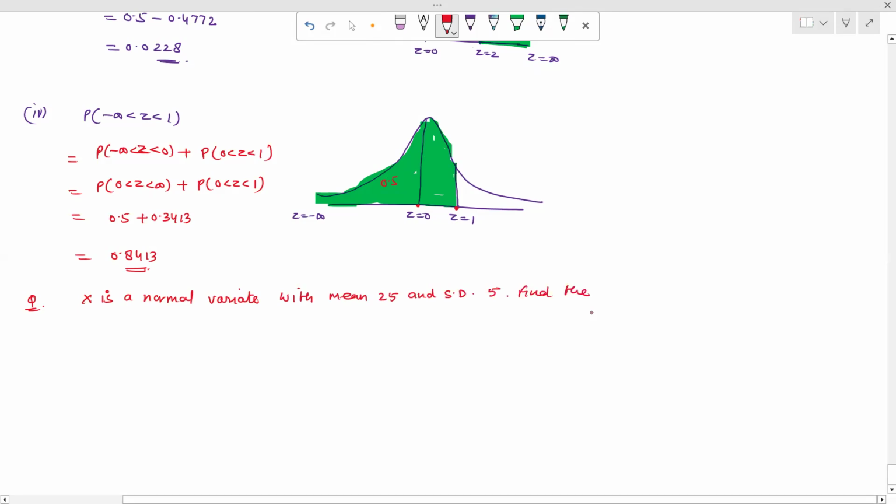Find the value of z1 and z2 such that a random variable x lies between 20 to 30, or this is equal to z1 to z2।